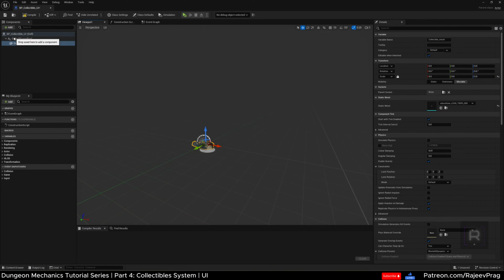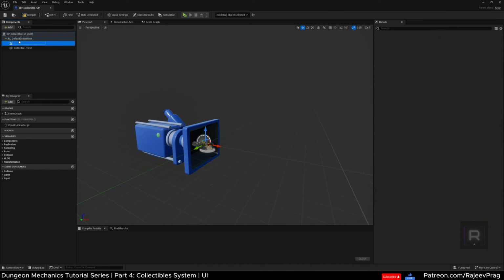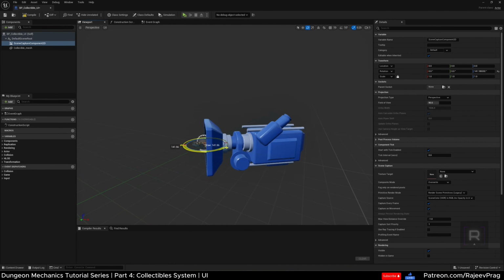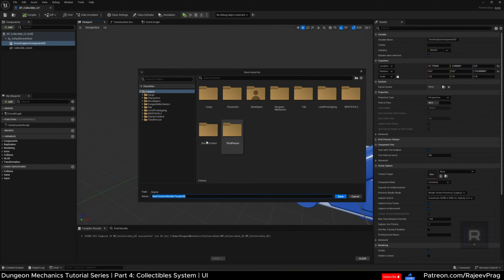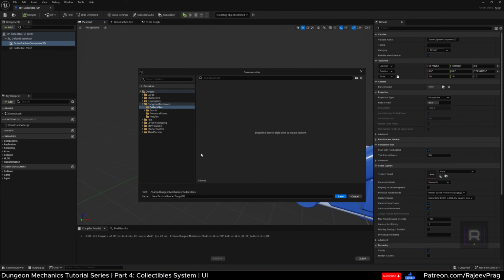And now I'm going to select the default scene root and then add a scene capture 2D component. I'm going to move this around so it's facing the stone. Under scene capture options, texture target, you want to click on this none and select render target. And this will ask you where you want to create the render target. I'm going to select the collectibles folder